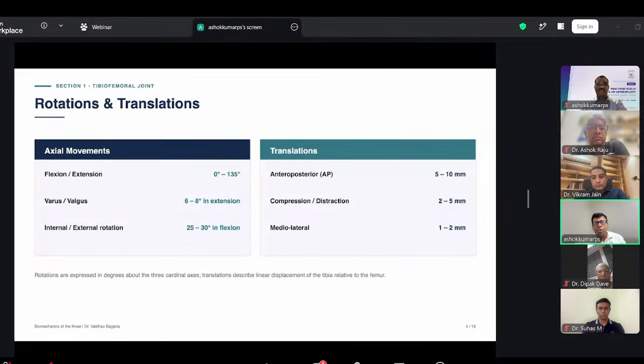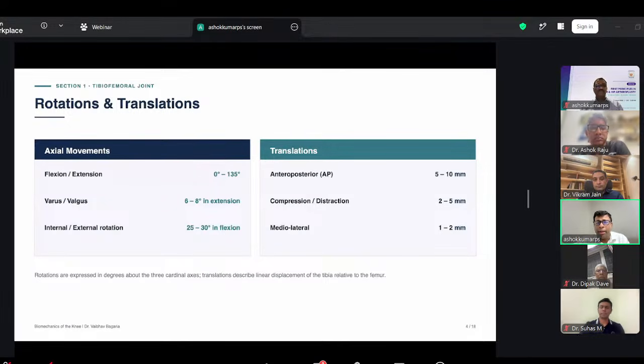So when we look at the rotation and translation, we must know that there are two types of movement happening. One is the axial movement and the other is the translatory movement. So in flexion extension, the knee moves through 0 to 135 degrees of movement. It allows some degree of varus and valgus, which is 6 to 8 degrees in extension. And then there is a rotational component which is often overlooked, which is around 25 to 30 degrees in the flexion. At the same time, the knee has some amount of translatory movement, which in anteroposterior direction is around 5